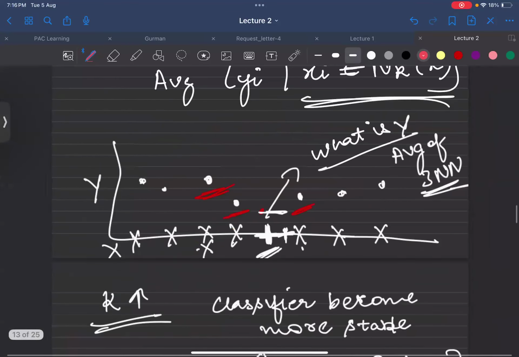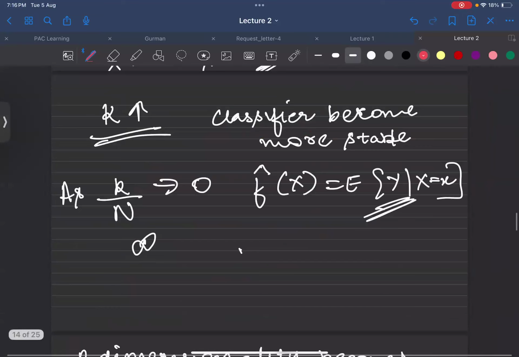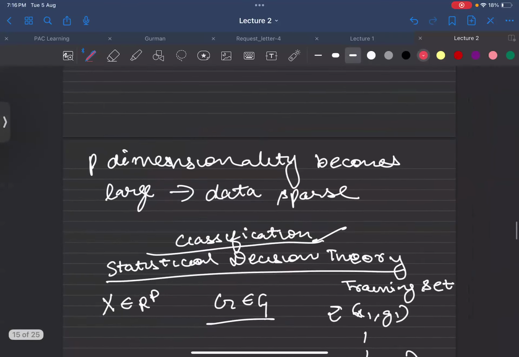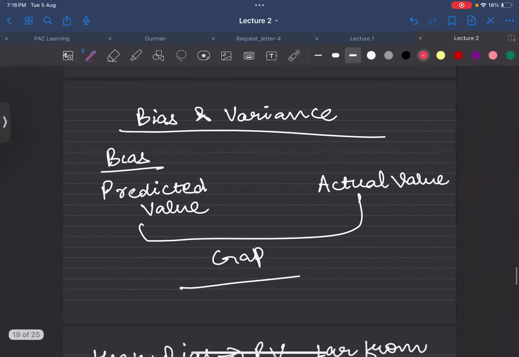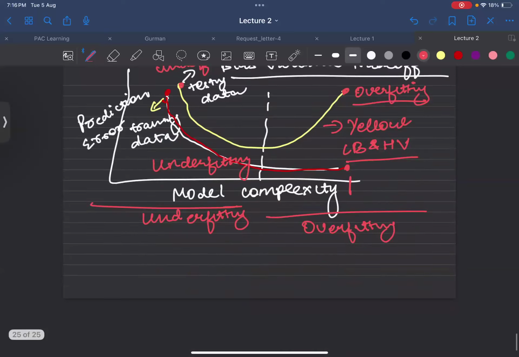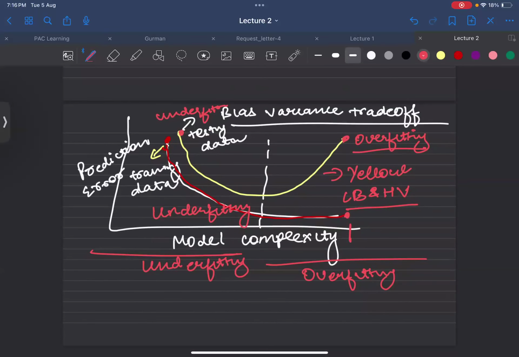You remember, not long ago I was saying that when the dimensionality becomes large, data becomes sparse. When features become large, data becomes sparse. The same thing: the model is becoming complex, the features become sparse, they become away from each other, and the variance becomes high. Got it?